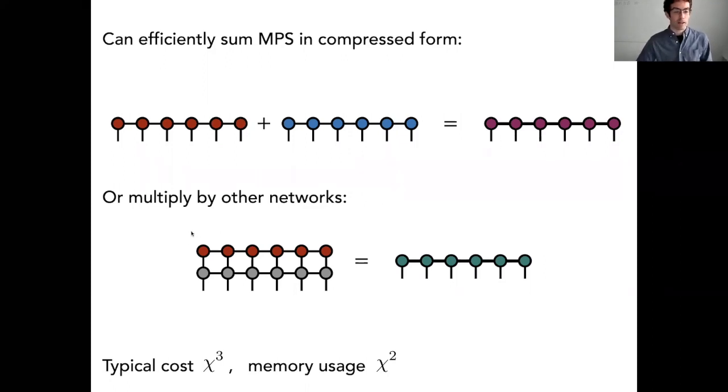You can also multiply tensor networks by other tensor networks, so you can have this matrix-like tensor network called the MPO, matrix product operator, and you can do this contraction efficiently and get the result. And there are actually something like 5 or 6 very interesting different algorithms to do this with different scaling characteristics. It's a whole subject that's worth looking into.